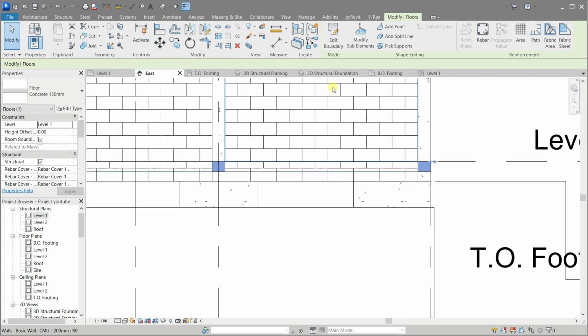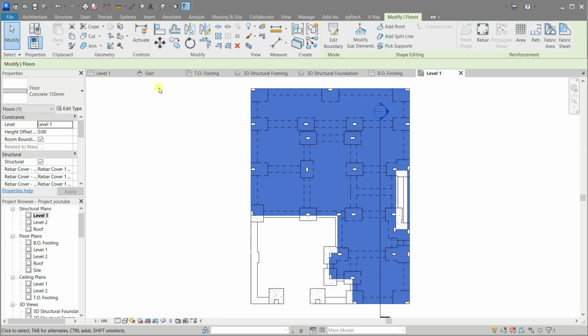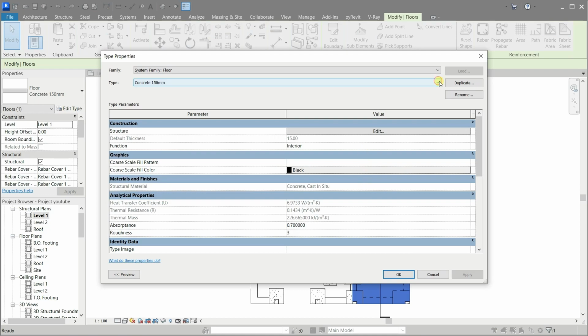We still have the problem of the floor intersecting with the columns. Let's fix it. First, let's create a new size for the floor. Edit type, then duplicate and rename it to 100.